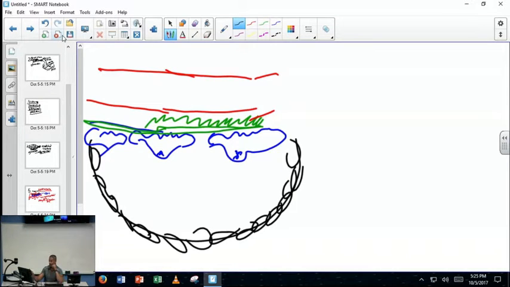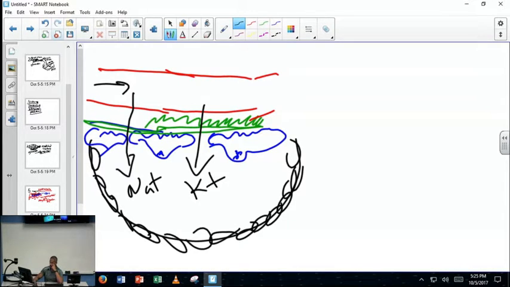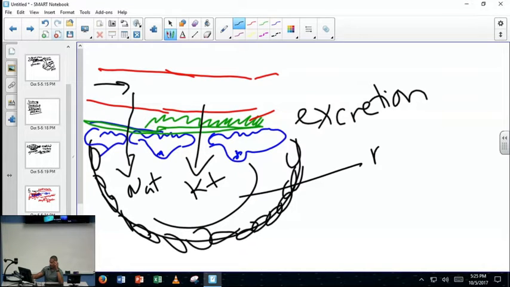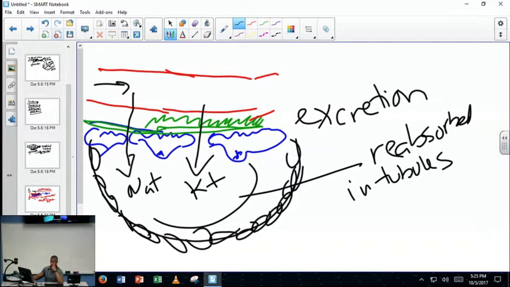So basically you'll have particles, sodium, potassium, things like that, leave the glomerulus and enter the Bowman space, right? That process is basically called excretion, because you're excreting it initially. Your body's going to reabsorb pretty much all of this, and that's reabsorbed through the tubules. And believe it or not, most reabsorption takes place in the proximal convoluted tubule, the very first portion of the